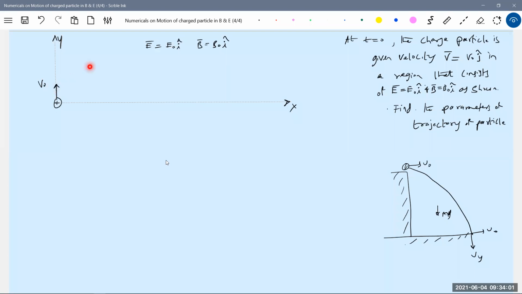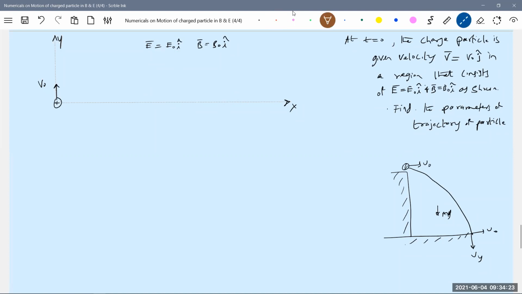The circular path. And what did the electrostatic field do? It will accelerate the charged particle along the x-axis. In the previous problem, it was uniform velocity motion along the x-axis. Now this particular electrostatic field will make the charged particle accelerate along the x-axis. So therefore, the path of the particle will be,